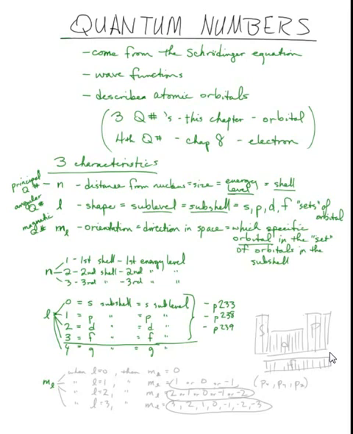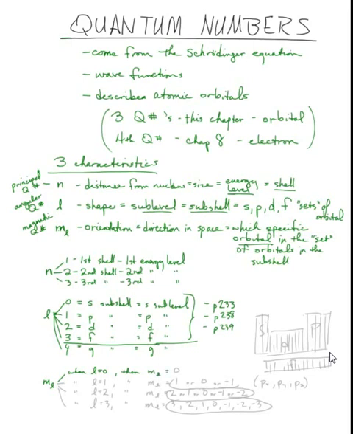Okay. All right, so when L equals 3, then m sub L would be what? Anywhere from 3 to -3, and of course only the integer values. So here are the possibilities: 3, 2, 1, 0, -1, -2, and -3. So now when we count these, we can see that